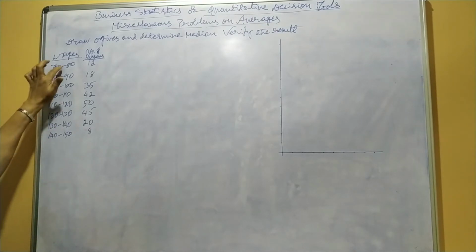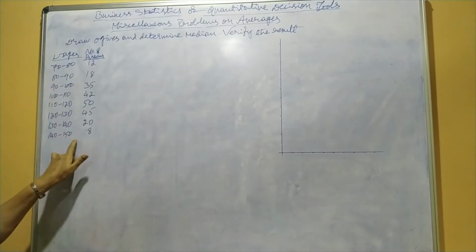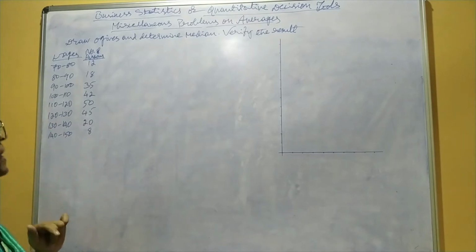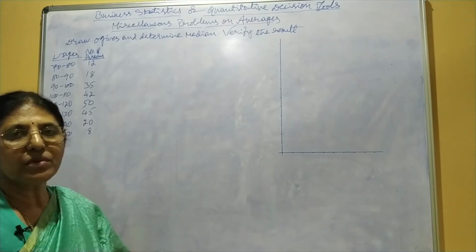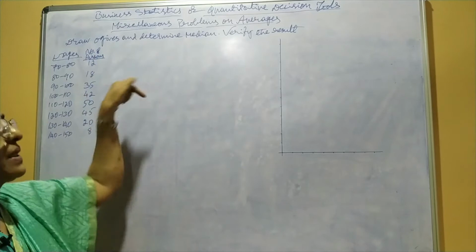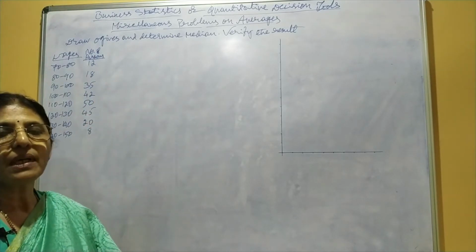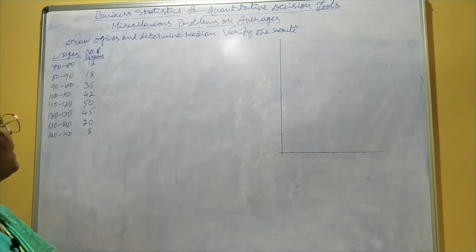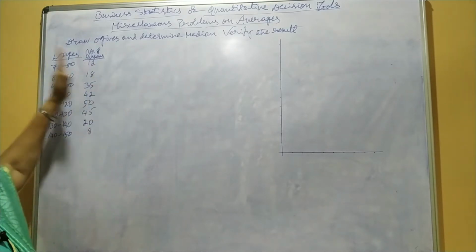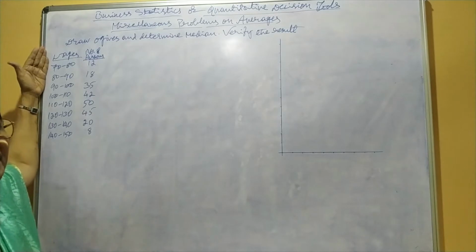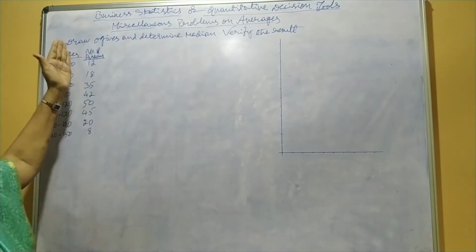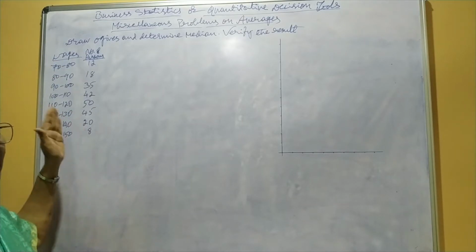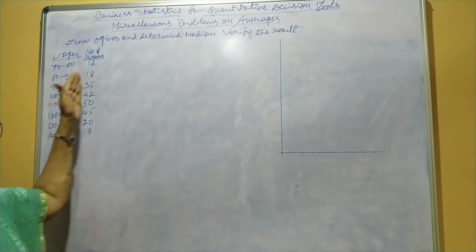The class intervals are 70 to 80, 80 to 90, up to 130 to 140, 140 to 150, which means there is a common class interval. When it is given to draw ogives, it means both the less than ogive and the more than ogive. For less than, we have to convert the given variables into less than, and these are the simple or ordinary frequencies, we have to convert these simple or ordinary frequencies